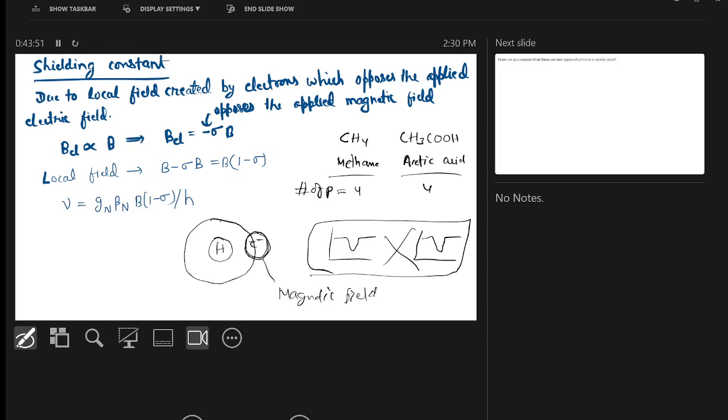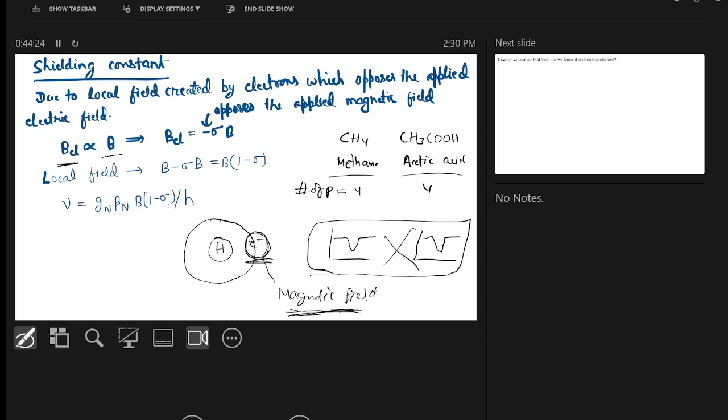And this magnetic field will oppose the applied magnetic field, and this is called shielding. The higher the shielding, the higher the magnetic field you will have to apply so that it matches your radio frequency and the transition can take place. So the magnetic field generated because of the circulatory electron is given by B_EL, which